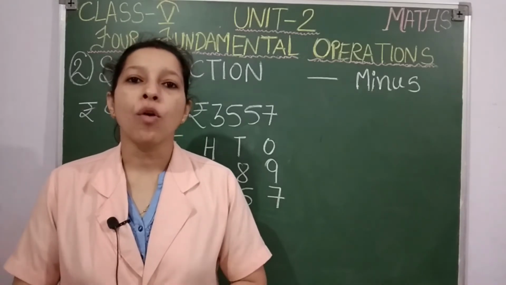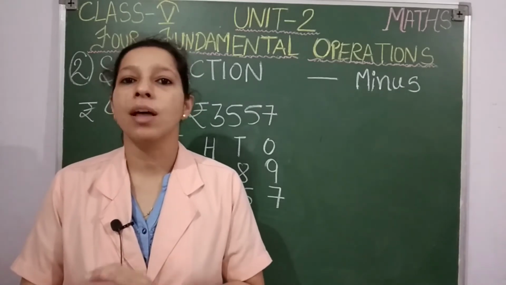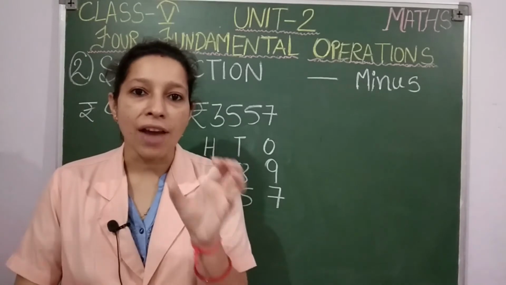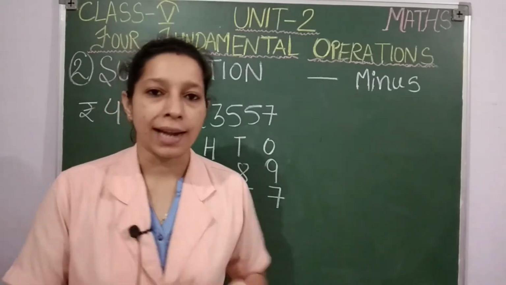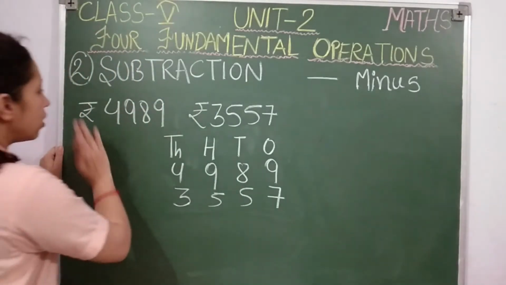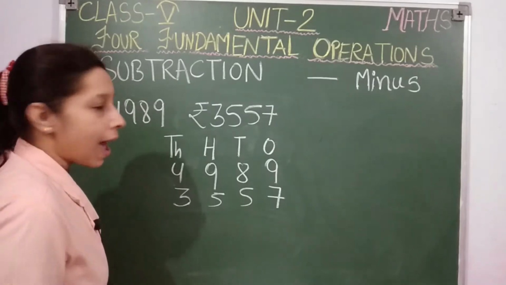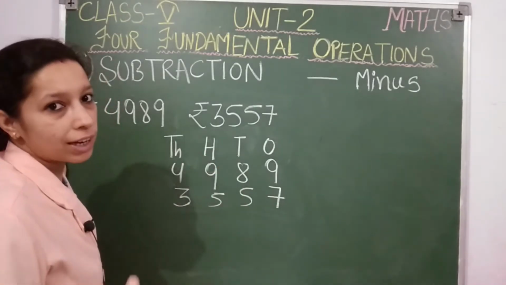Okay, and now you want to know, after taking that much amount, how much is left in the piggy bank. That time, to find the remaining amount, to find the left amount, you will be subtracting the two numbers. Let us see. Again, you are having rupees 4,989 in your piggy bank, and your mother is asking for some money. She will return you, definitely she will return you the money.